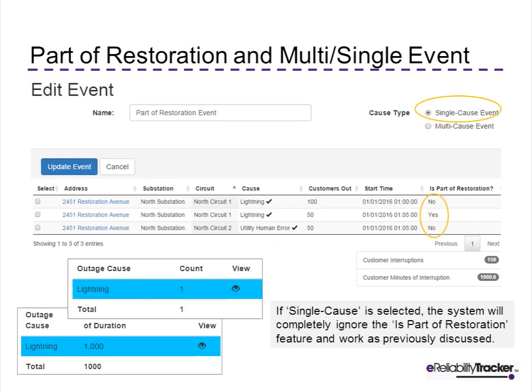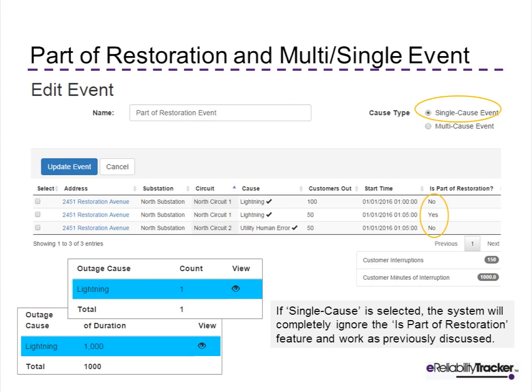So last note here, I want to make sure everyone knows after this feature is deployed, which should be any day now, none of your existing data will actually be altered to accommodate this new feature. So don't worry or panic or think that we're going to change your indices because of this feature. Instead of that, we just went and took all the outages that had been marked as a partial restoration previously,